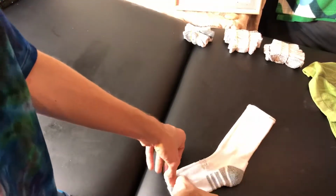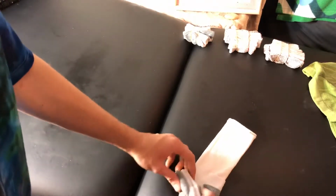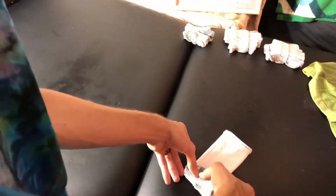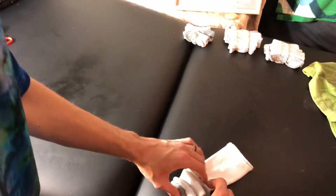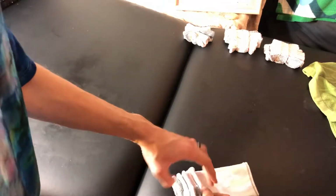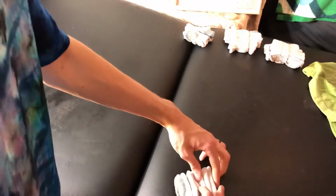So, last one here. Just a quick accordion fold, trying to ensure that heel stays in there. It's a little difficult, honestly, so I wouldn't hesitate to restart if you need to. This will probably be okay for the video today, but